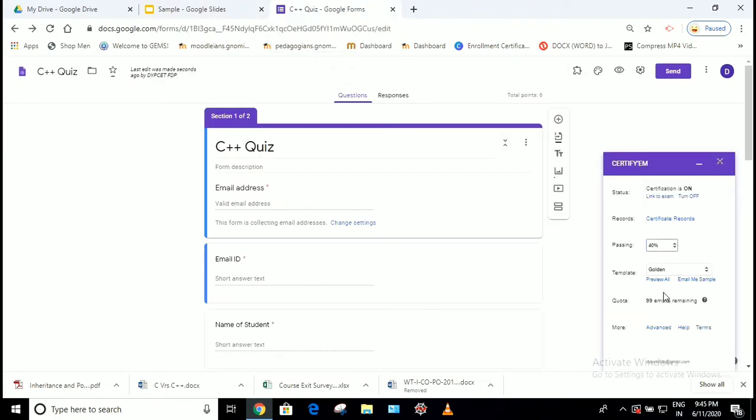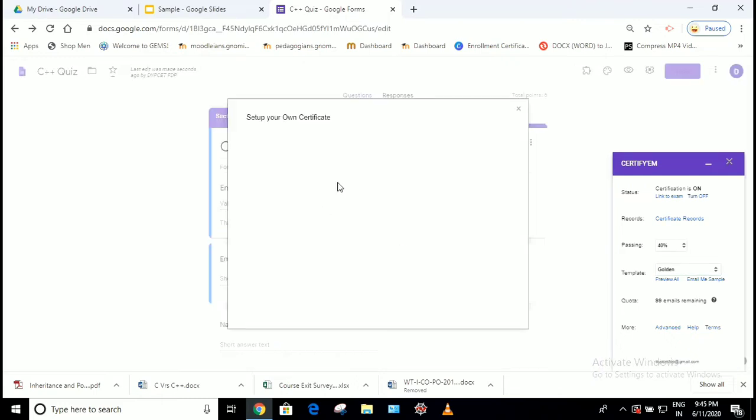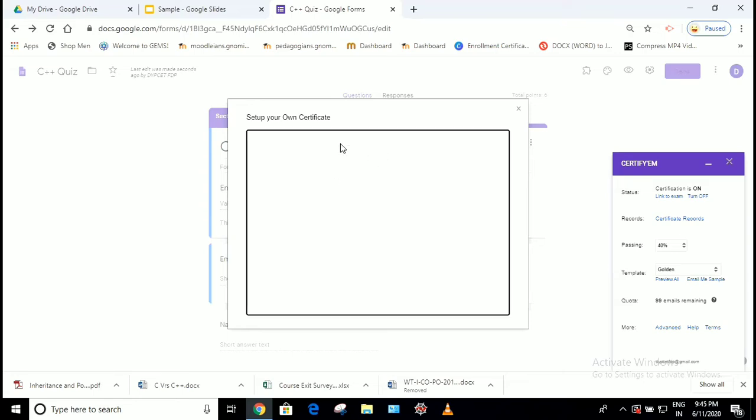Now I am going to select the template. Just go to the template and select the custom template option. Then you will be redirected to the selection option. From here, you can select a new file.